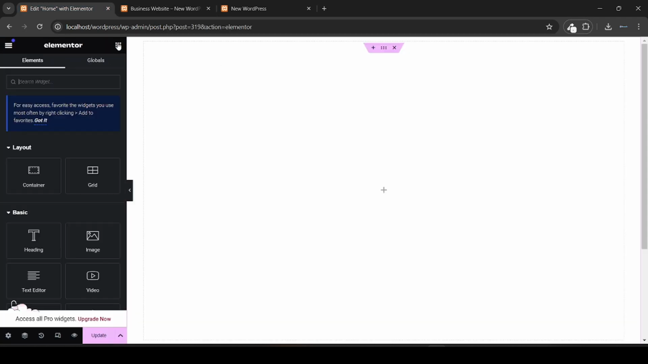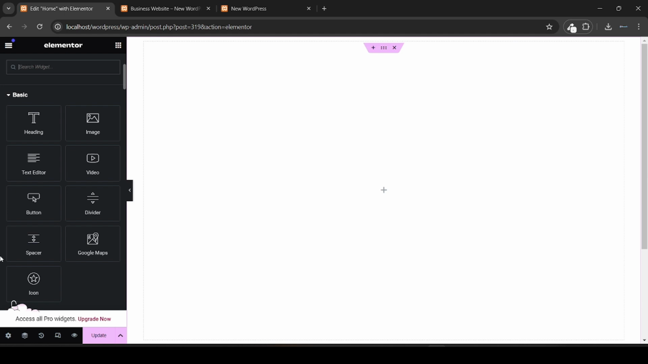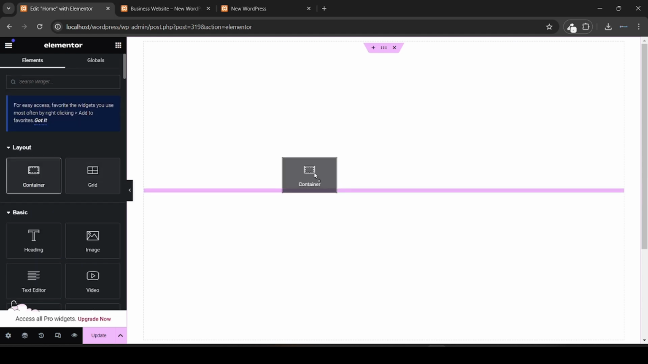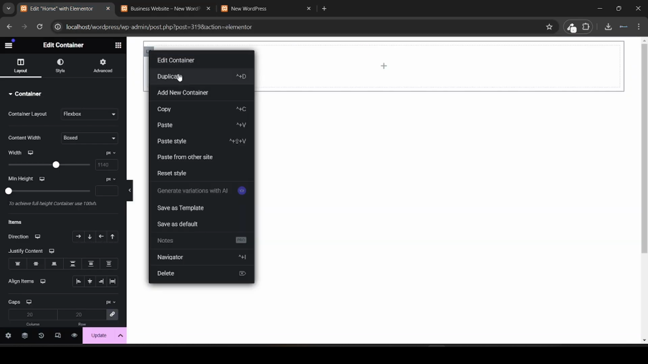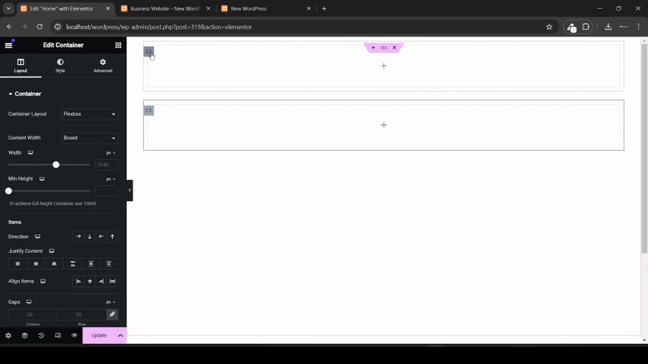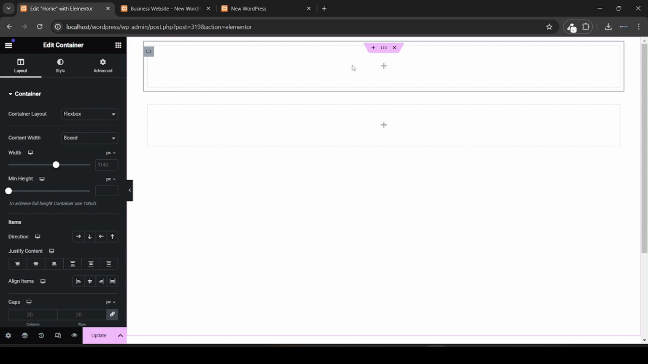So to put in the section, we need our container, and we need to duplicate this container into 2. So this first one is going to be where our logo, menu, and the connect icon is going to be, while this other section is going to be our hero section. So first of all, let's make this container float horizontally,